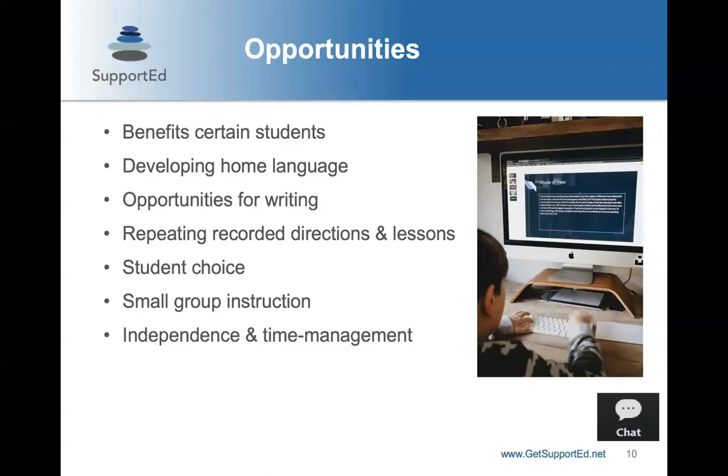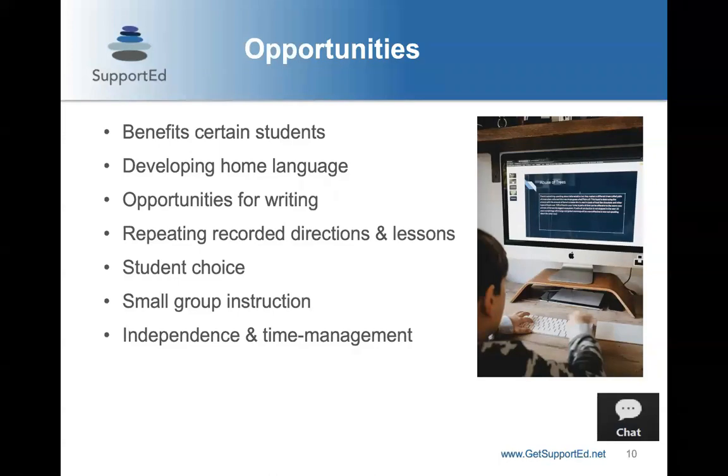It's an opportunity for writing, and I'll talk a little bit more about that in the webinar, but I think often we feel that it's very hard to have enough time for students to really spend time on their writing, but now there's more of a gift of time, so students who need longer can take longer to do that writing. There's an opportunity for repeating recorded directions and lessons.